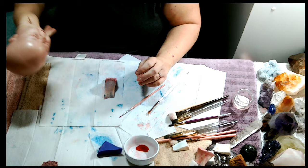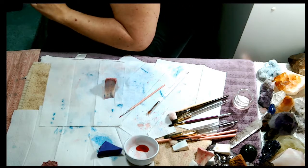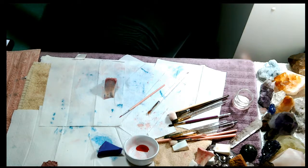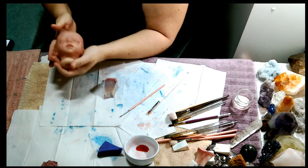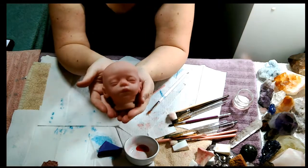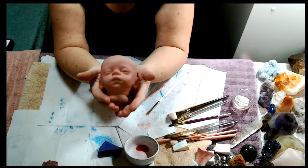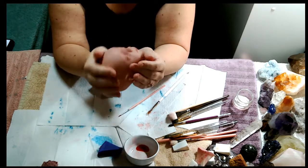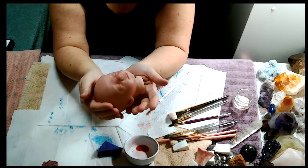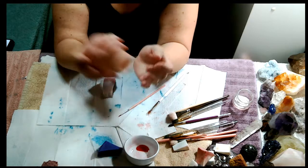Alright, so I think I'm going to go ahead and do a bake for her. I also have this little girl. This is Blessing by Marita Winters. And she is ready, except she just needs eyebrows and eyelashes and of course hair. And she needs her fingernails